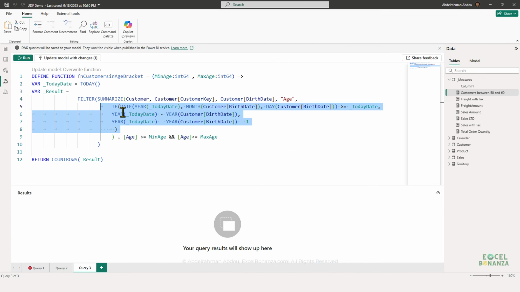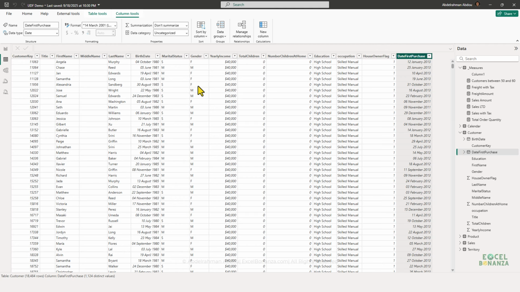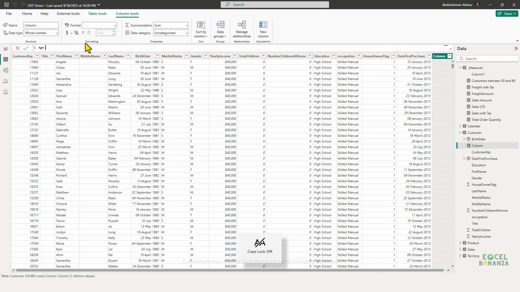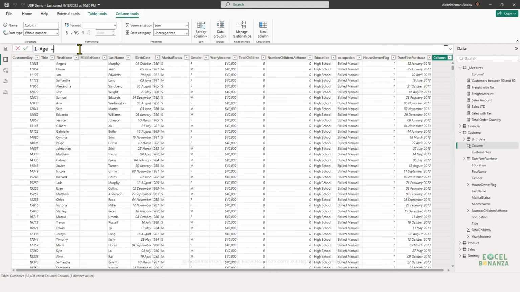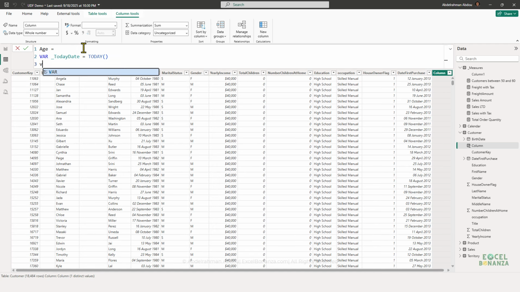And just to check that our result is correct, we're actually going to create a calculated column on the customers table and count the rows here. So I'm going to copy this if formula part, and I'm going to go to the table view here. On the customers table, I'm going to create a new calculated column, and I'm going to call it age. This part here will calculate the age. I'm going to create a variable called today date, and this variable will calculate today's date using the today function,